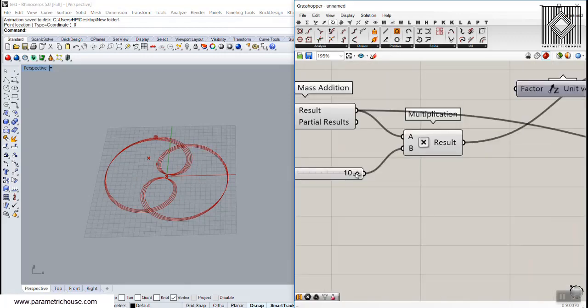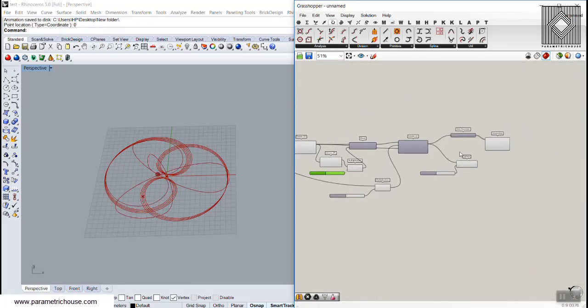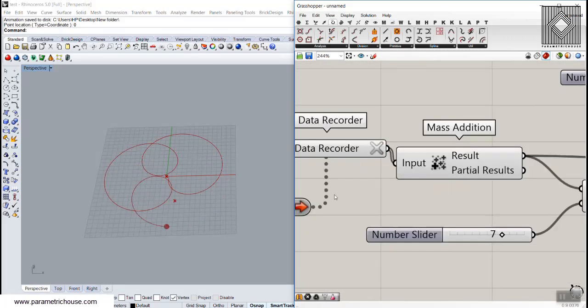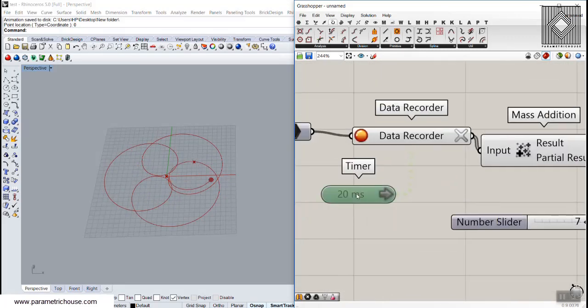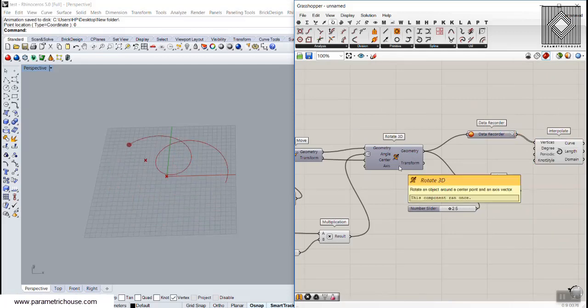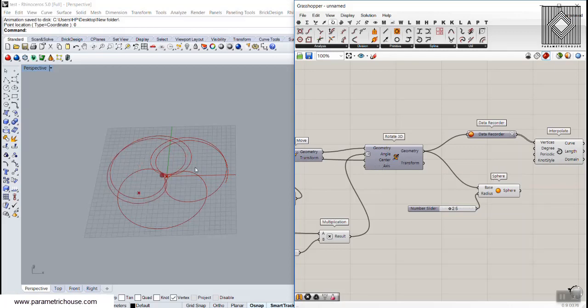These numbers can affect the results, and we can always stop this by double clicking on the timer, and we can reset, start from scratch, and again reset the curve drawing technique to draw that. So this is the technique you can use. You can also move this point in the Z direction.